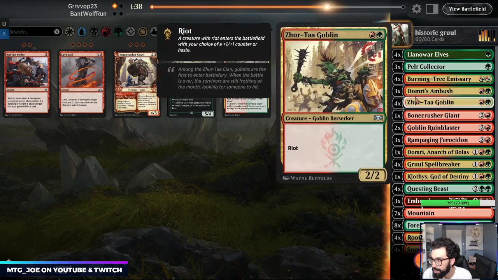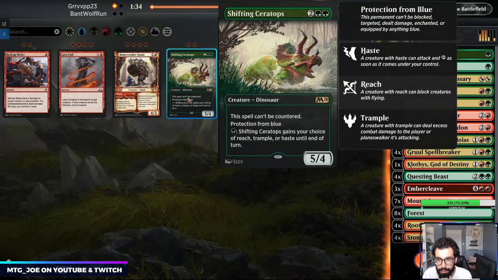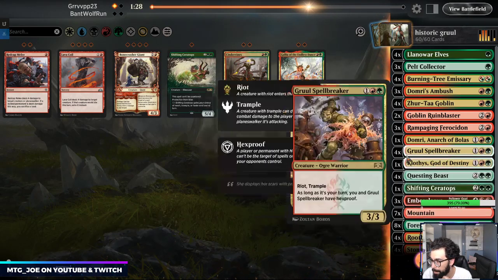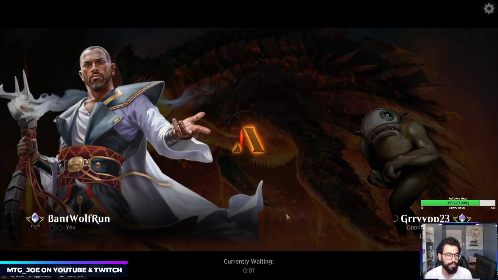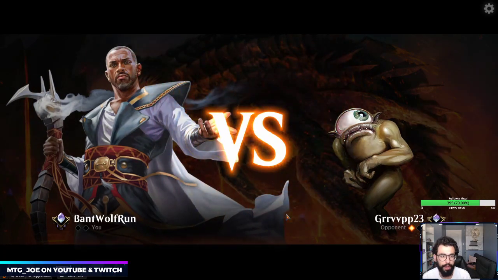Because they had Uro, I think we bring in Ceratops. Run it like that. Domri actually doesn't do much either. Let's bring in a Ceratops. If they're on the Shatter plan, it gets around Shatter. It's also pro Uro and